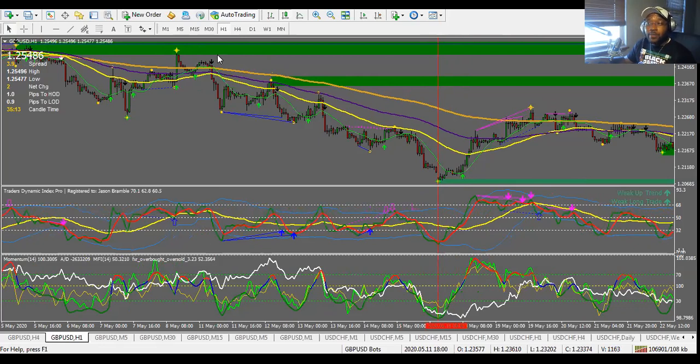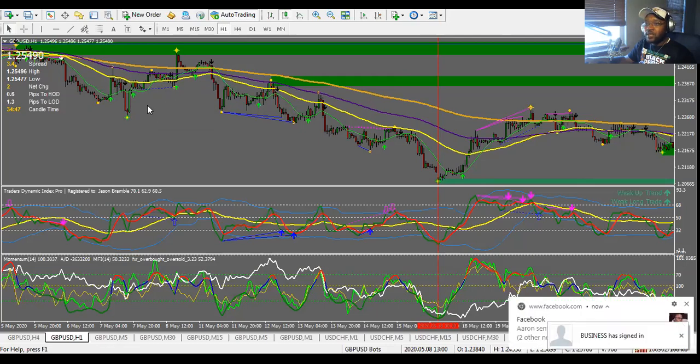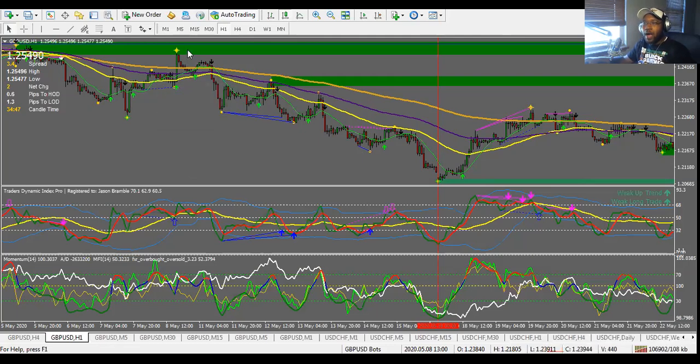But what's really sweet about trading market structure the way we do is that we have arrows and indicators to let us know where our higher highs and higher lows are. So right here, market structure has changed from coming down to going up again. We have a lower low followed by a lower high, because this high is lower than that high, followed by a higher low, because this low is higher than that low. That means market structure was going up, and you would possibly look to trade long,